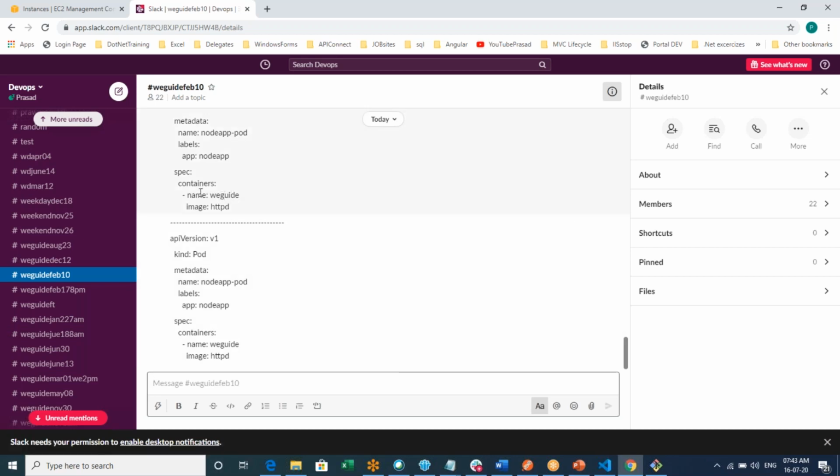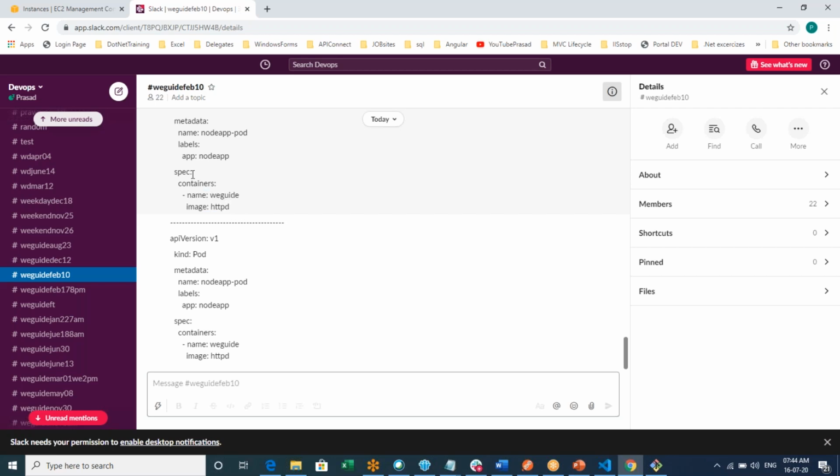Yes, it's a key value, but this name is part of the container. This is just the image. Then it is considered a dictionary? It is not exactly a dictionary, it is just a key value where we have name and image. So inside a container, we have these two values.